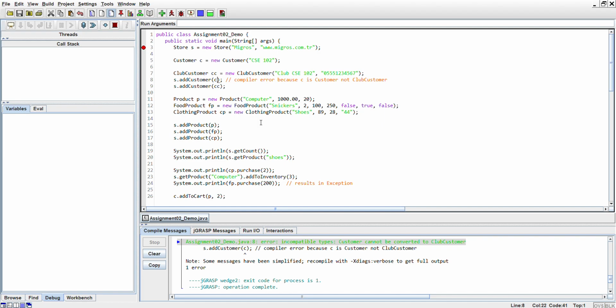The only customers that our store is going to keep track of are people who have signed up to become club customers. That doesn't mean that a customer can't use our store. As we're going to see down here, a normal customer will still be able to use our store and get products, but a club customer is a special thing that our store is going to keep track of. Now, if we comment out this line and we compile,